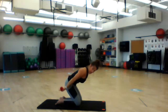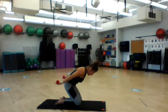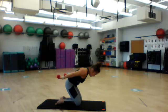Check in with your tummy and your core. Make sure you're still rounded, C-curled, and tight abs. Navel drawing back. 5, 4, stay with it, 3, 2, pause here, hold. See if you can tap those weights in and out, in, stay strong in your core,